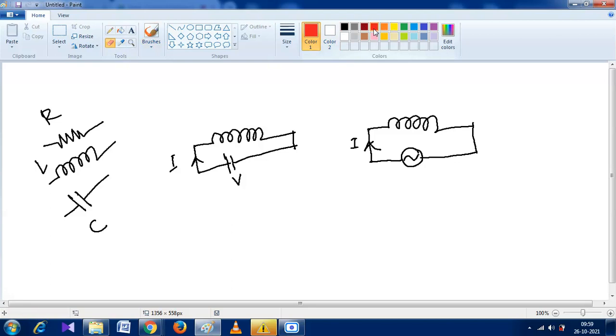So the source, is it an inductor or resistor for DC? Inductor. And in case of AC,